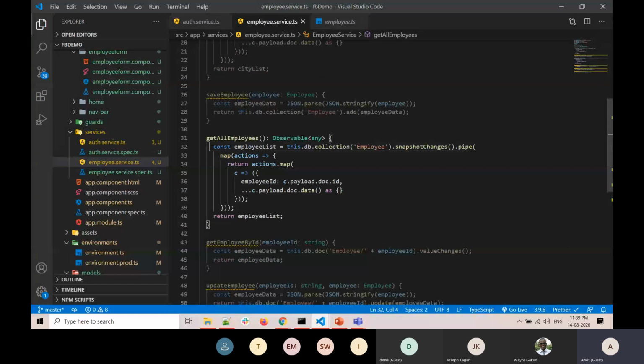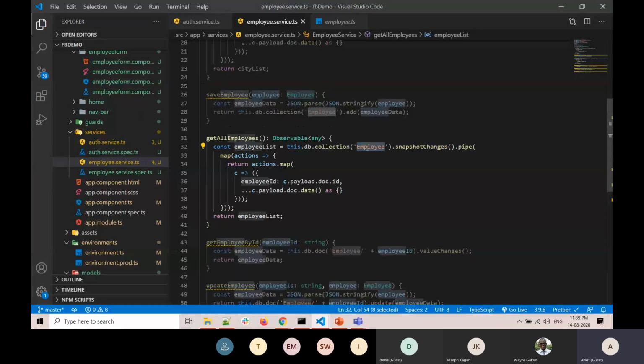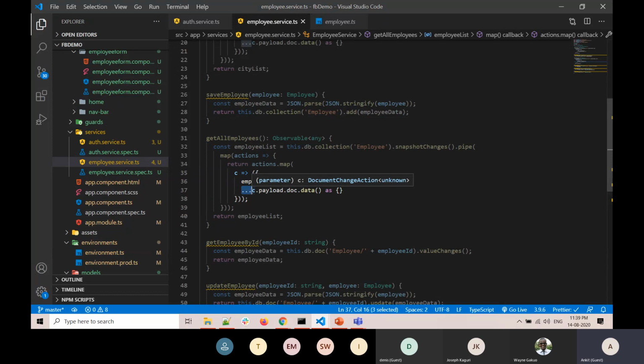If you see, we are calling the collection employee. This is a get method, you can consider it similar to a get method, and if the employee collection does not exist, it will return empty or null. And if it exists, it will return the array of data which is present inside that. Again, we are getting the observable using snapshot changes, then we'll map it, and then we'll return the employee list, which is an array of data. Here also we are using a spread operator to unfold the data which is coming as an array.